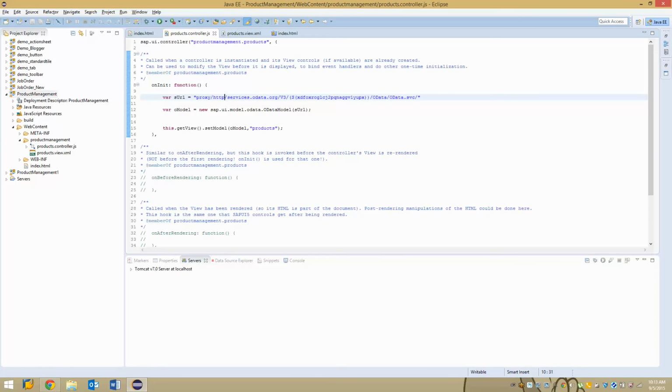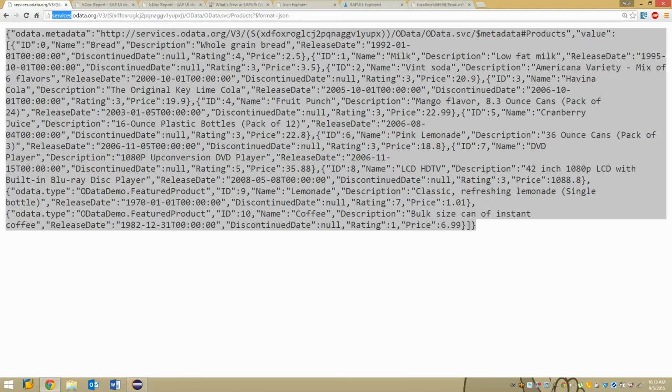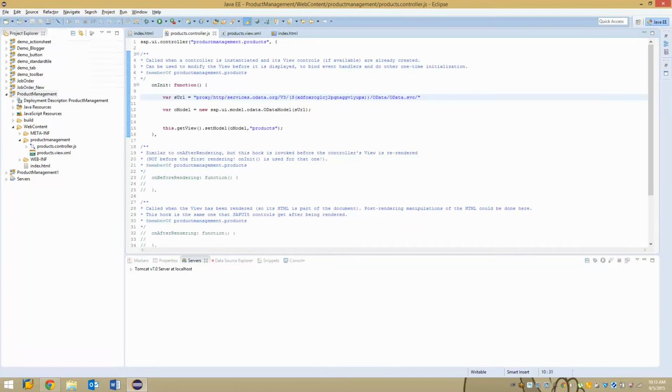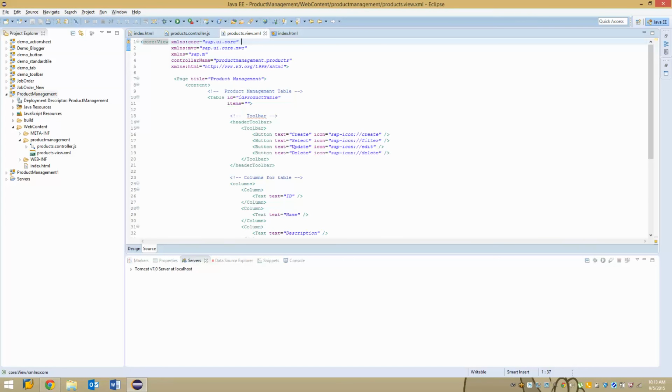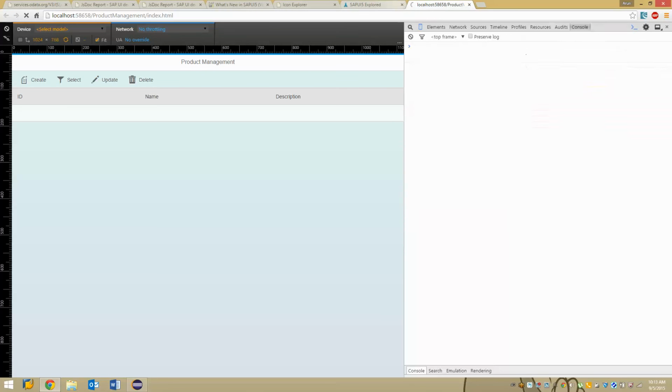And the other thing is, now in this service URL we are going to get the information from the product entity. So I'm just going to specify to the table that the entity it should look for is the product entity. So I'm creating a binding relationship. Products is the name that I have given for the product, and in the root I have an entity set called products from which I wanted to retrieve the information. So now if I go ahead and execute my application,